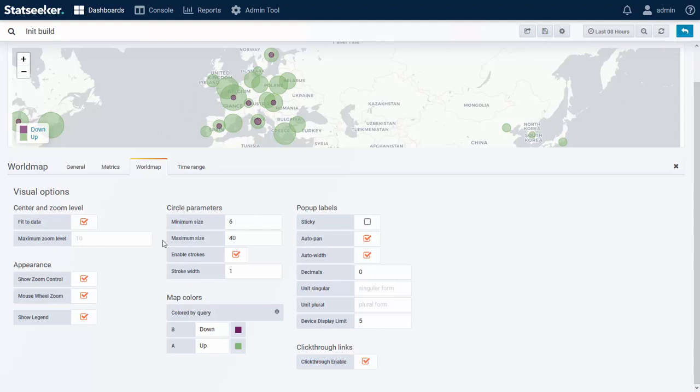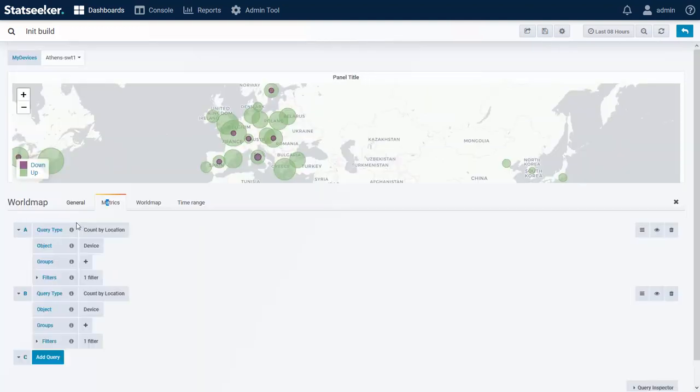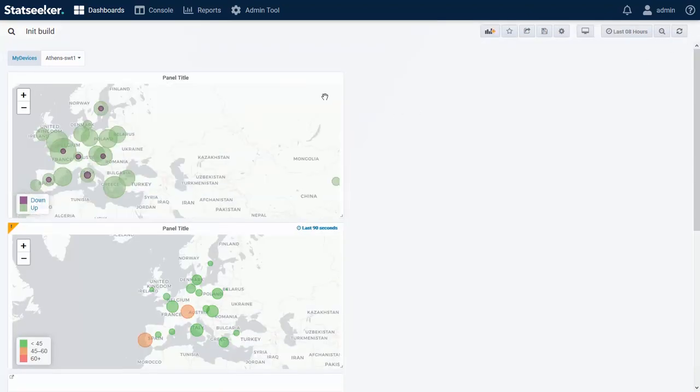Okay, but other than that, it's exactly the same. It's just the difference in how you're mapping by colour, and it's being done by the queries that you've passed through. All right. Back in our dashboard,